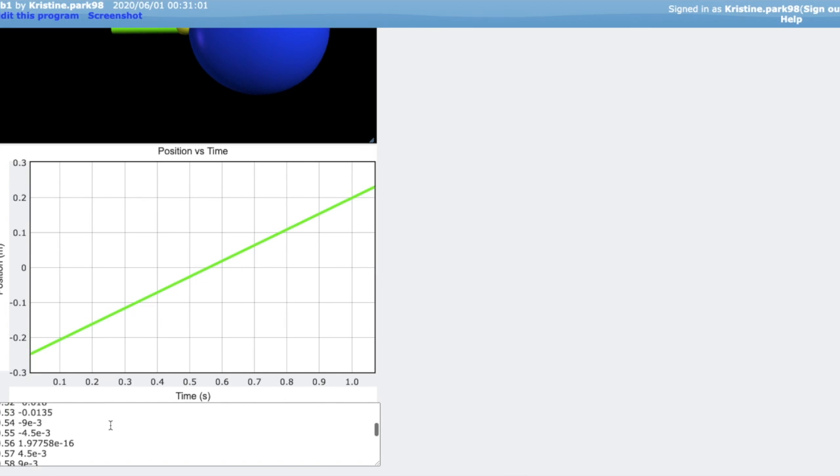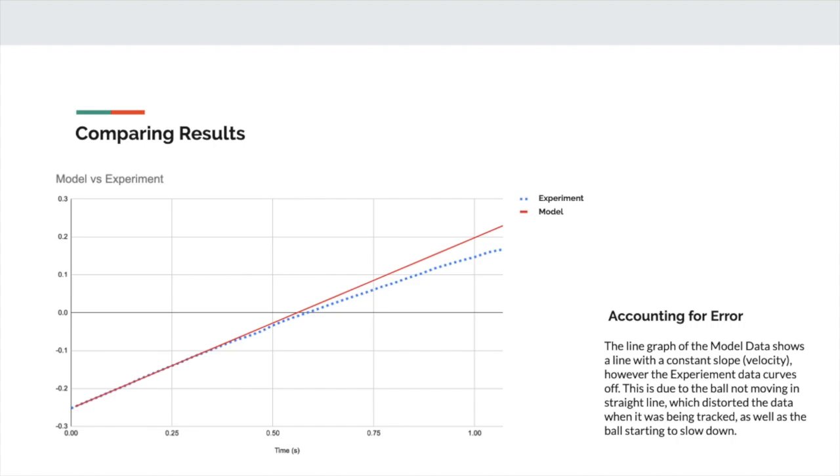So using the data from both the computational model as well as the experimental model in Tracker, I created this line graph displaying both sets of data. So as you can see, for the model data in red, it's a straight line with a consistent slope all the way through. And in the experimental data, you can see how it starts off pretty straight and consistent, but